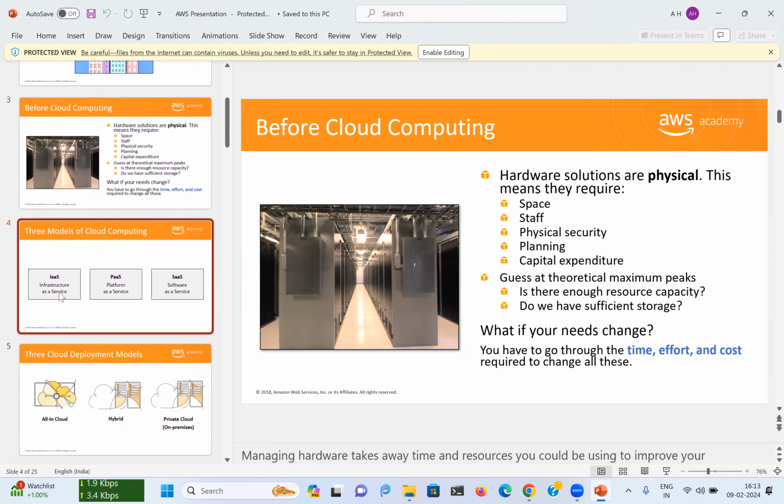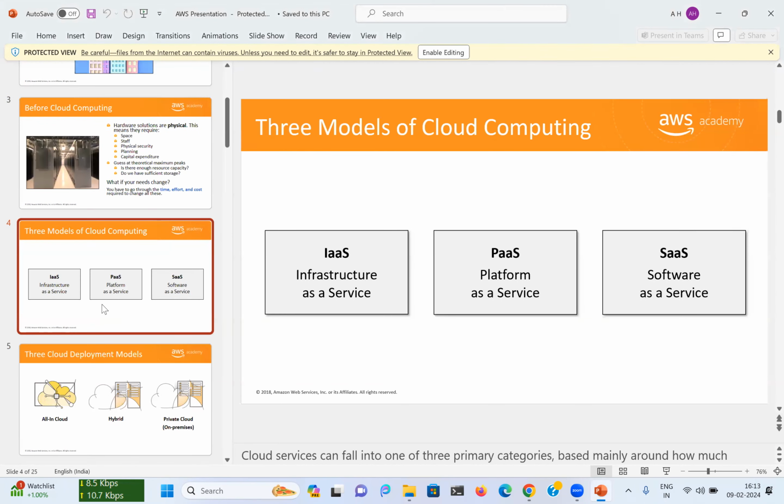Okay. So in this series of AWS, today I'm going to show you a demo on one of the infrastructure as a service offerings, that is EC2. There are three types of models when we talk about cloud computing. First, we have infrastructure as a service, IaaS, then we have platform as a service, PaaS, and then we have software as a service, SaaS. In infrastructure as a service, we rent the server and we configure those servers based on our requirement.